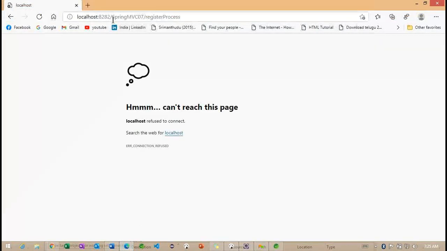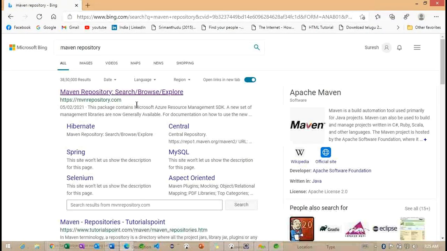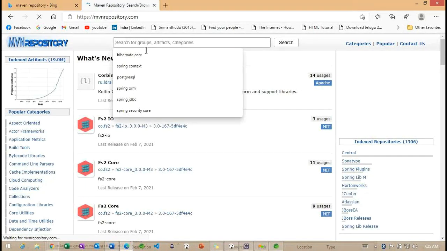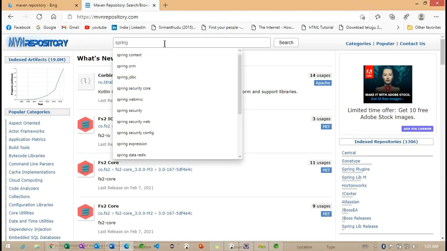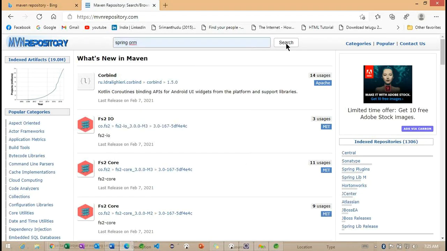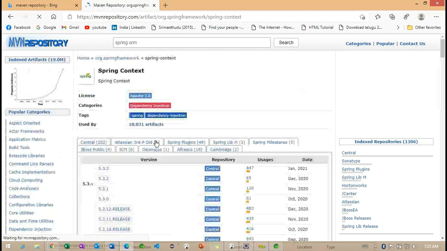So if you want to check, here in the Maven repository, from the 5th version onwards, they introduced the starter-related dependencies.